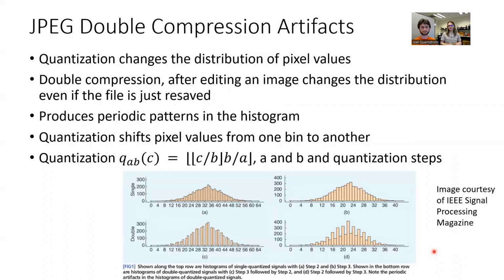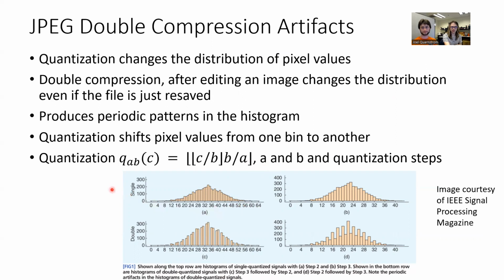So what happens when we do double compression? The idea here is we can actually tell if an image is saved once by the camera and then once again by somebody who has either attempted to modify the image or done something else to the image. The reason we can detect this is that the quantization is not reversible. The inverse dequantization is not the exact opposite function because of that rounding down property. So what happens is the quantization involves these two flooring operations,